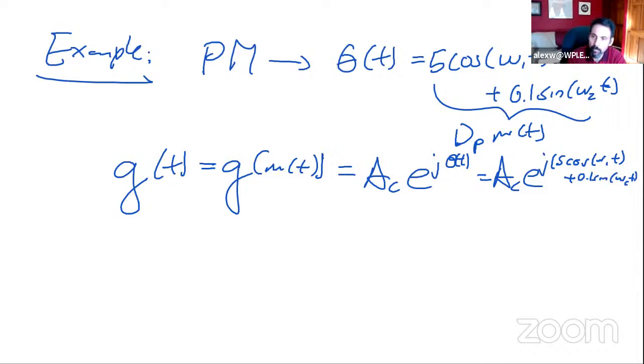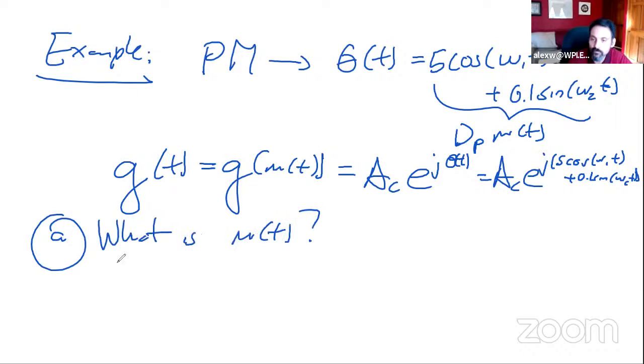That's great. Now, first of all, one question would be: what is m of t? Suppose that d_p is equal to